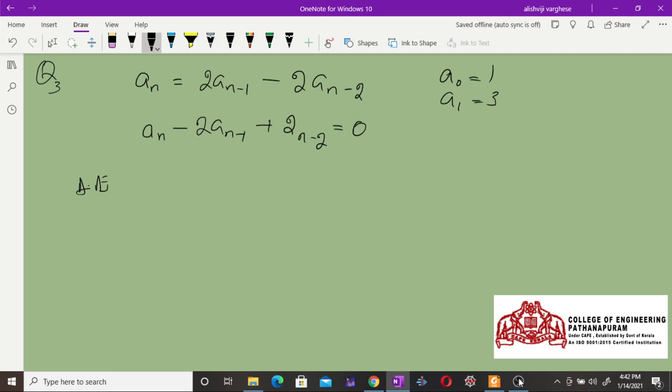So the corresponding auxiliary equation takes the form m squared minus 2m plus 2 is equal to 0, and by solving for m, using minus b plus or minus root of b squared minus 4ac, divided by 2a,